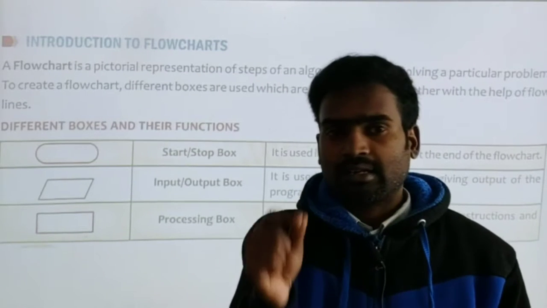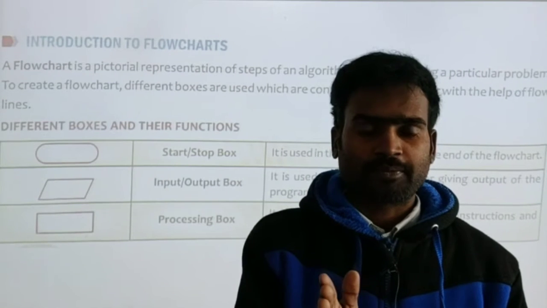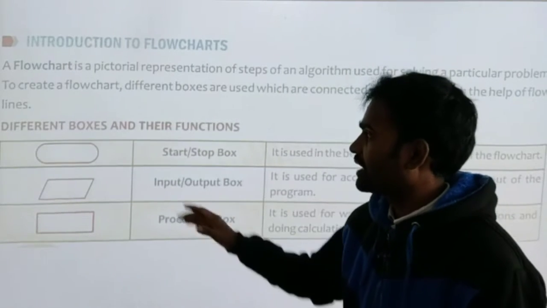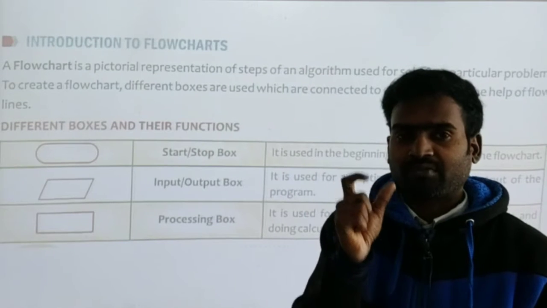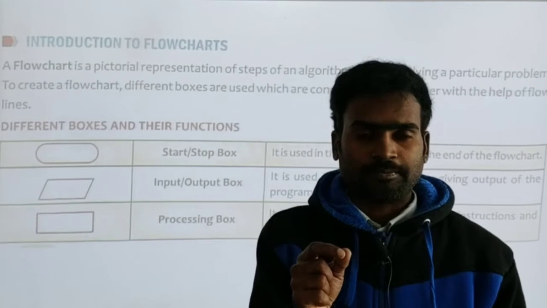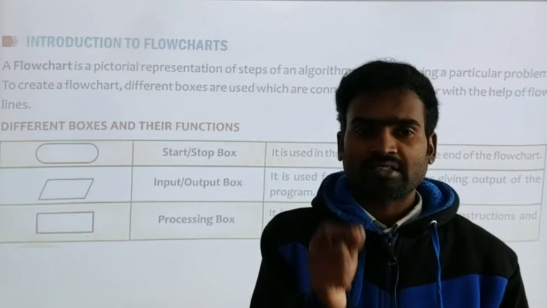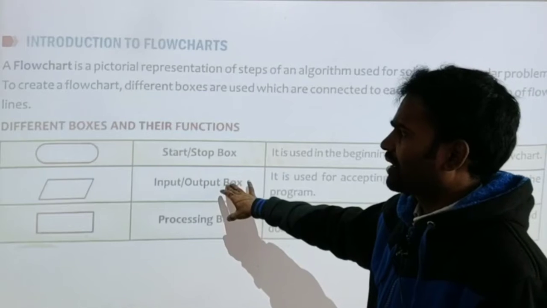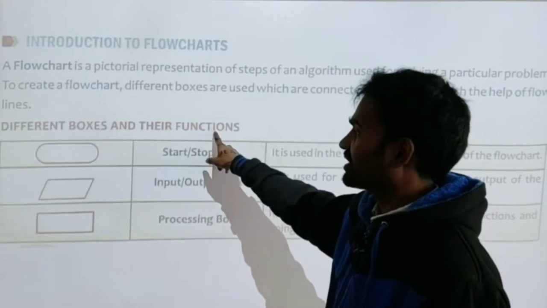Whenever we are going to do any task, we have to start and stop. Without starting any program, we cannot stop it, right? For any task, first we have to start. So for everything, start and stop and the processing, we have a diagram. When we make a flowchart, we must follow the diagram. The diagram has a proper meaning. If you draw the diagram wrongly, it is a complete mistake. Here we have a few diagrams, different boxes and their instruction functions.